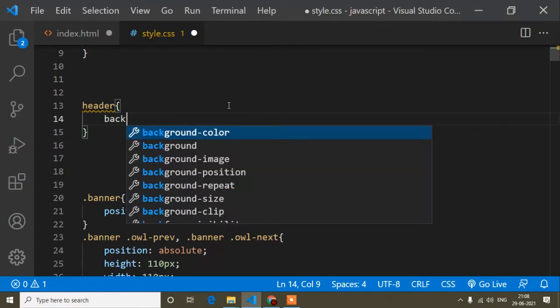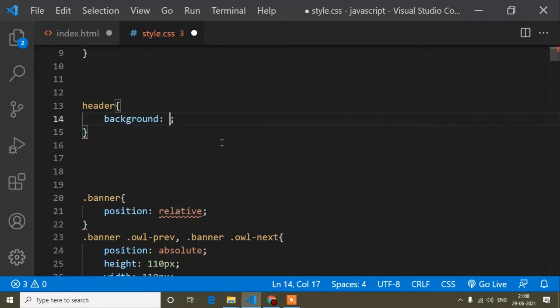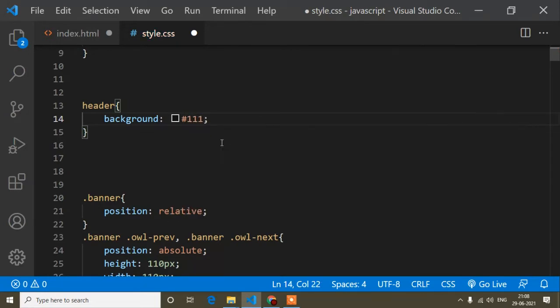Now background color and background are both the same thing, so I will write background, and now the color is this color code.